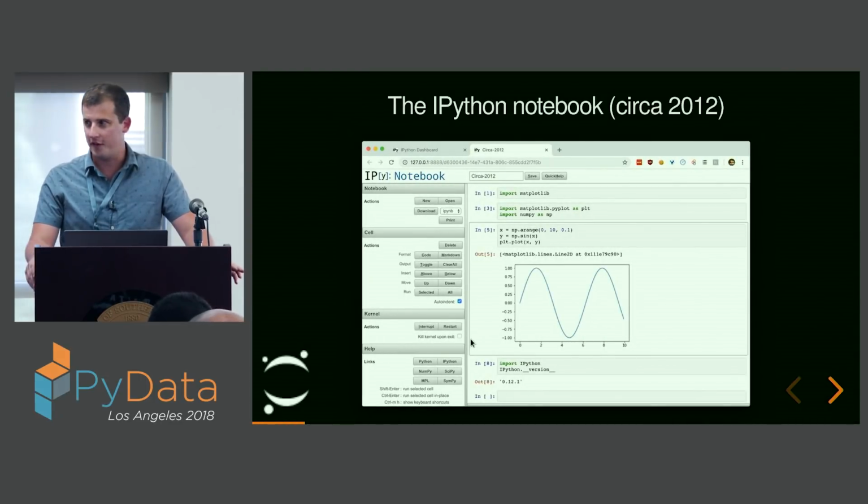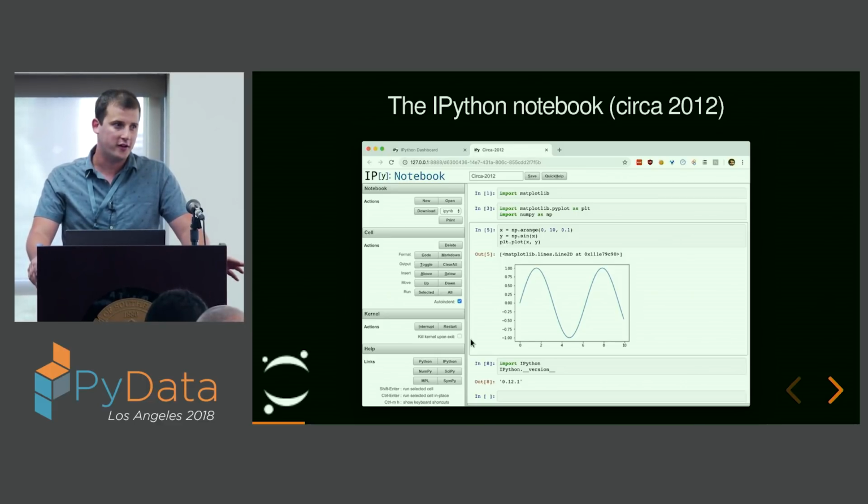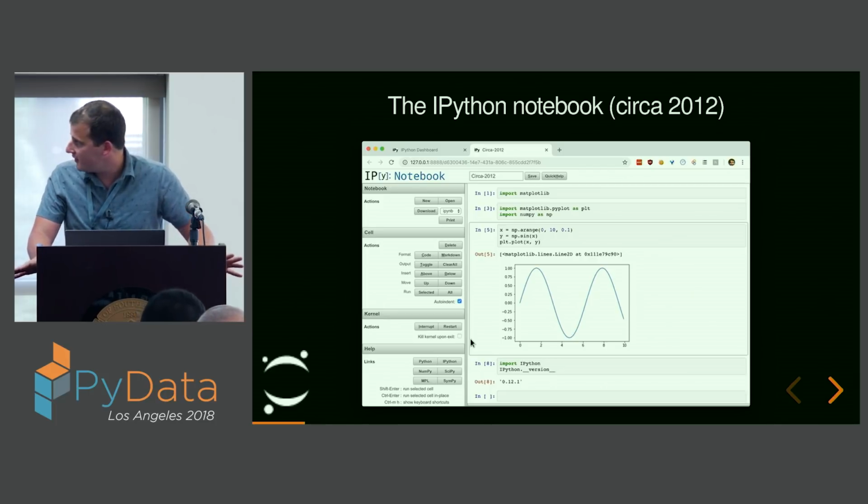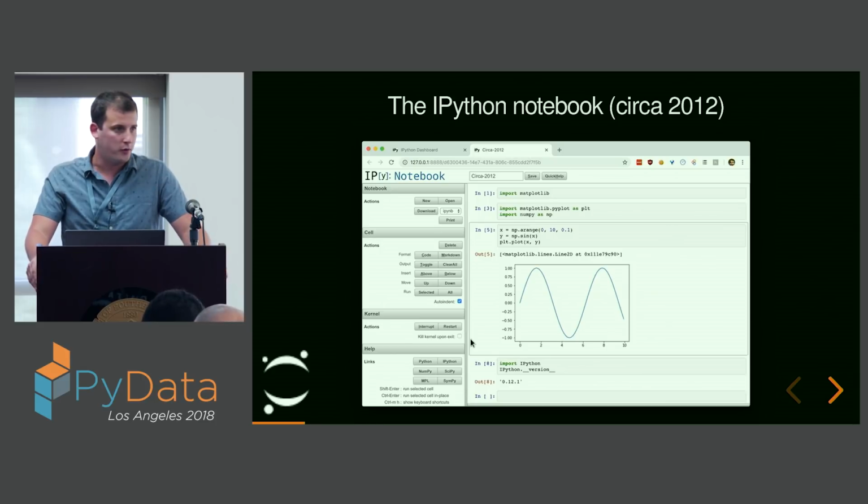The thing that really made Project Jupyter take off was in 2012, we released the IPython notebook. I wasn't on the project at that time, but you can see that it has a lot of the features that you would be familiar with from the Jupyter Notebook. There are input cells, there are outputs, there's rich rendered output,